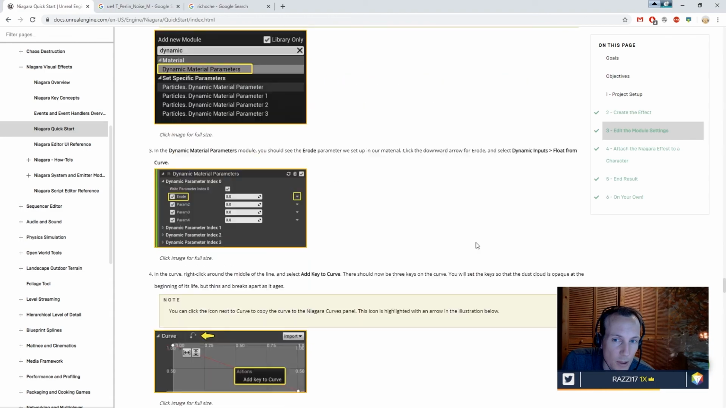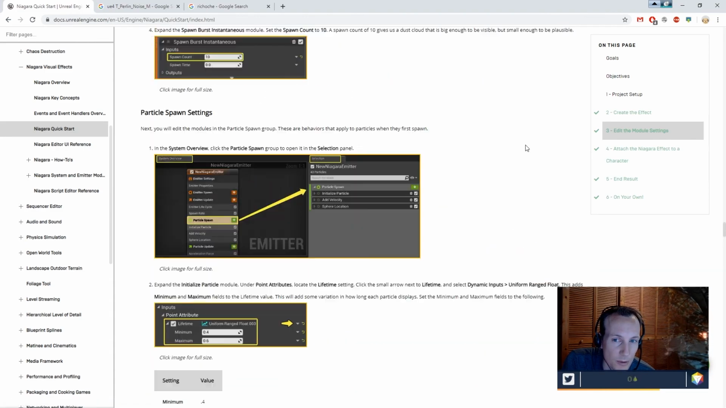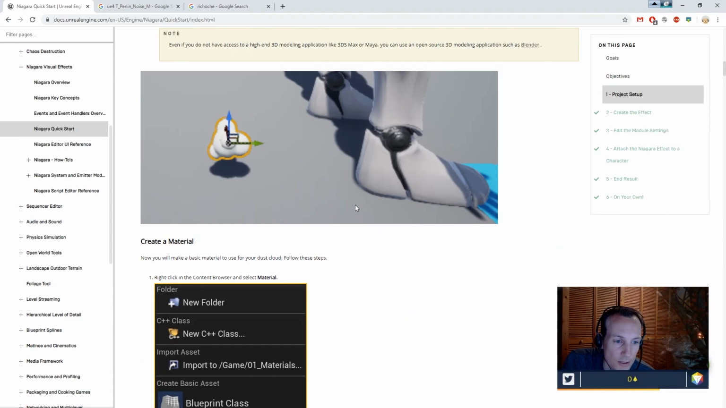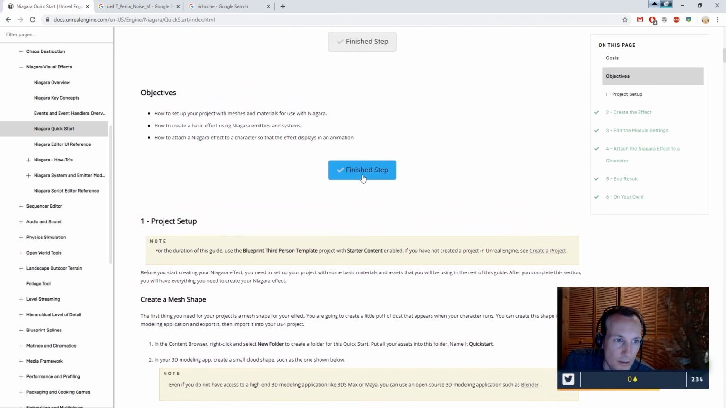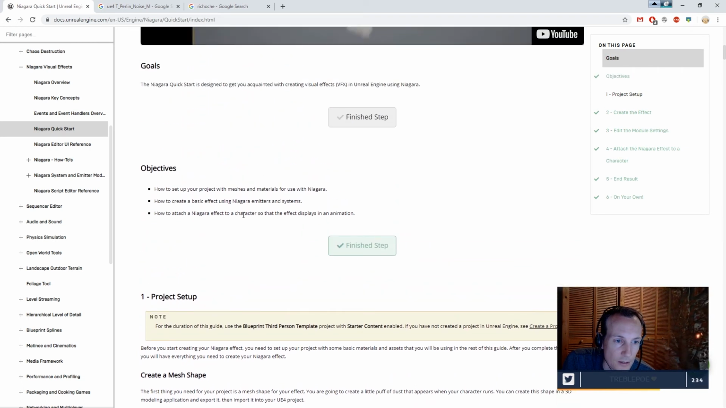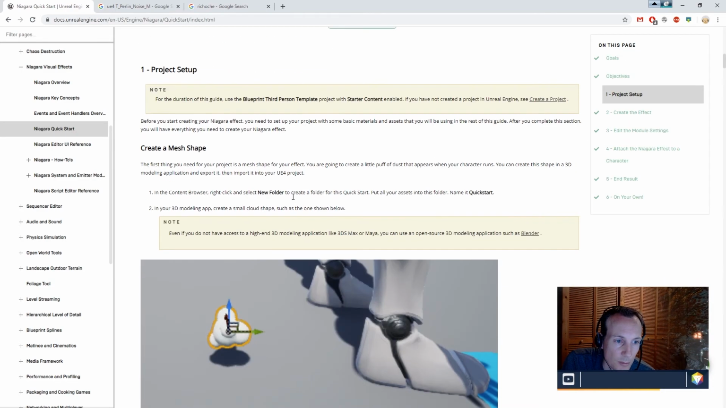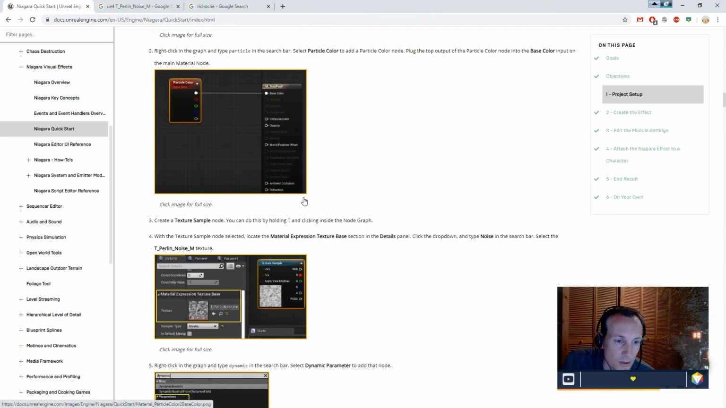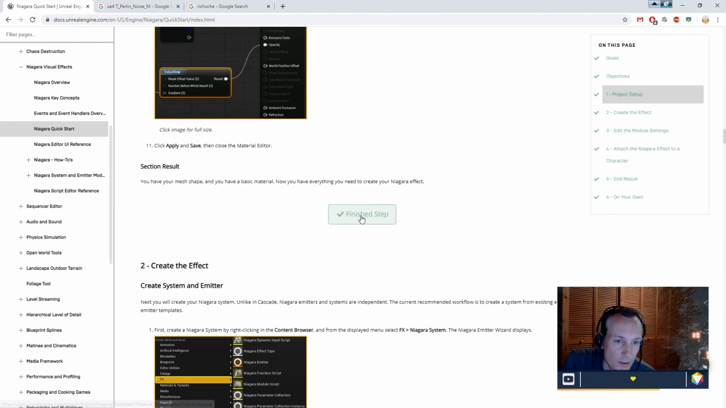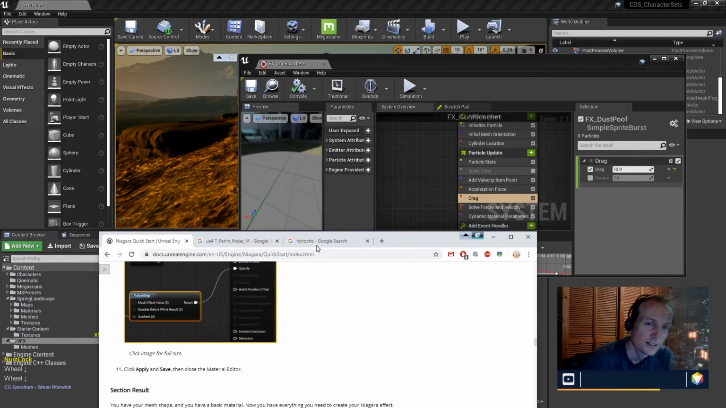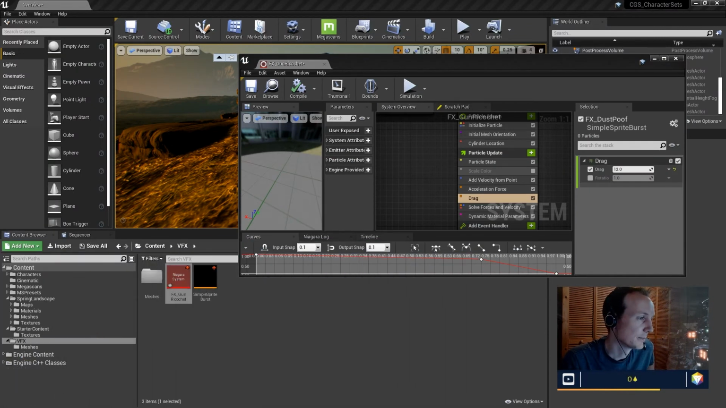I missed a checkbox. I gotta go back up to the top here. Where was this? Project setup. Oh yeah. Oh, it's actually missed out. Goals, objectives, build the mesh. Done. Yay! Completed all the tasks. All right. So what was I doing again? Oh yeah. Let's see if we can make this look a little bit more like